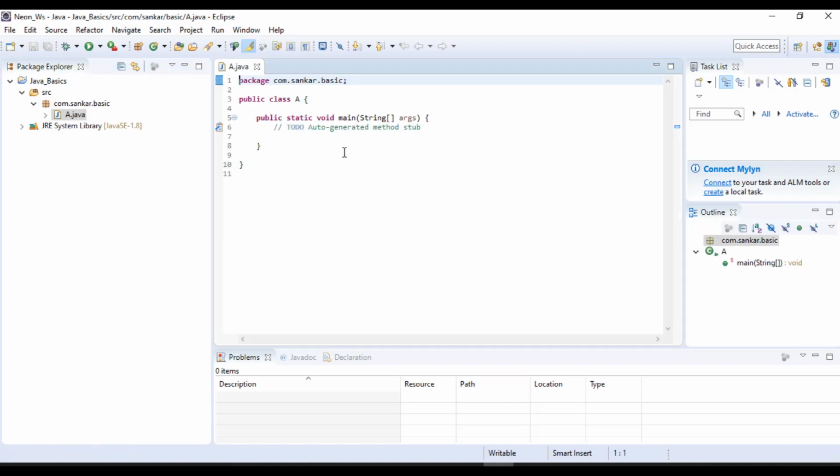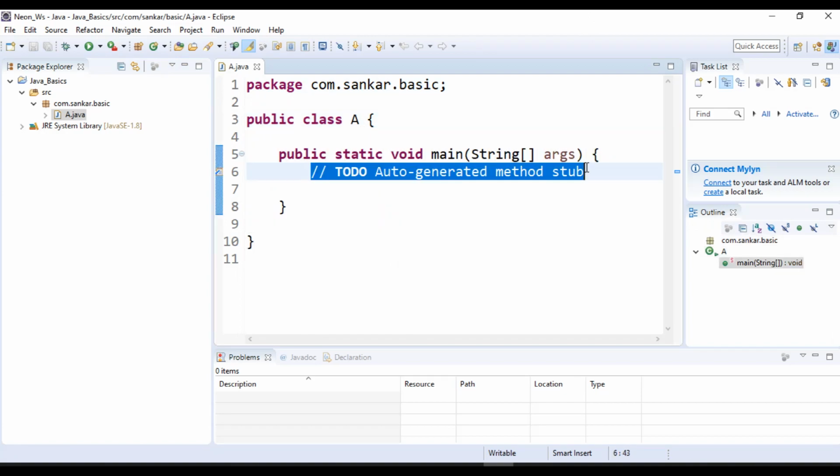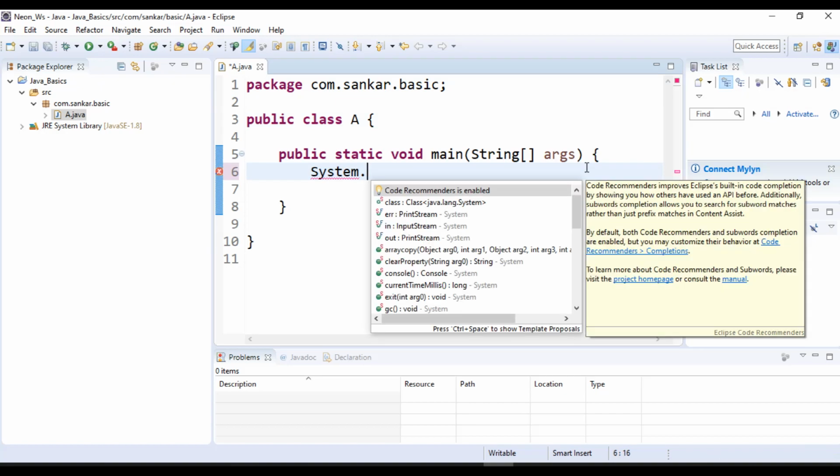Now everything will become the syntax: public class A, main method, everything will be generated. You can remove this comment also, then you can write your own business logic inside this. So I will write system dot. While using Eclipse it will give some suggestions, right, like system dot out